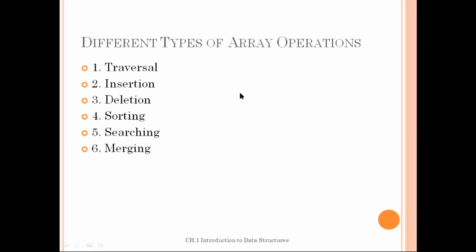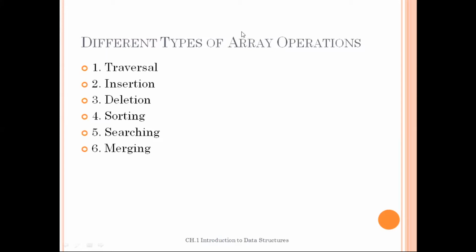Suppose you are entering 5 elements of an array. Then if you want to display those 5 elements, you will start from I equals 0. So 0 will be known as the lower bound in terms of the algorithm, and n, or the last element, will be known as the upper bound. This was discussed in the last lecture.